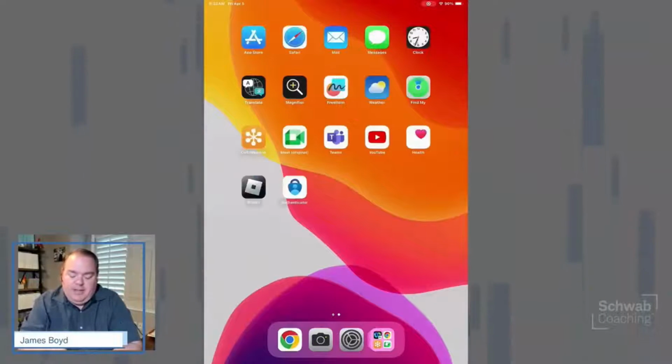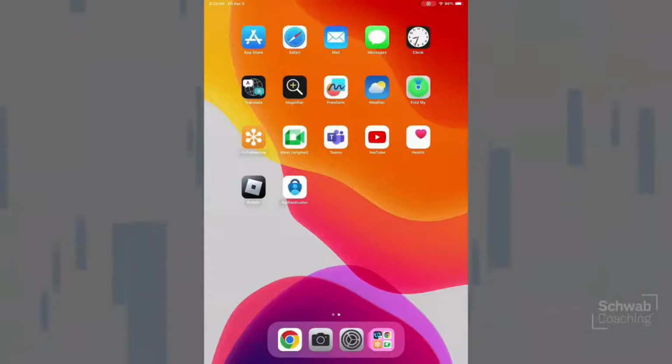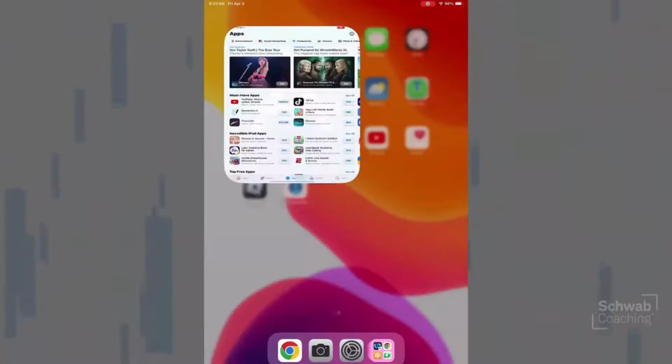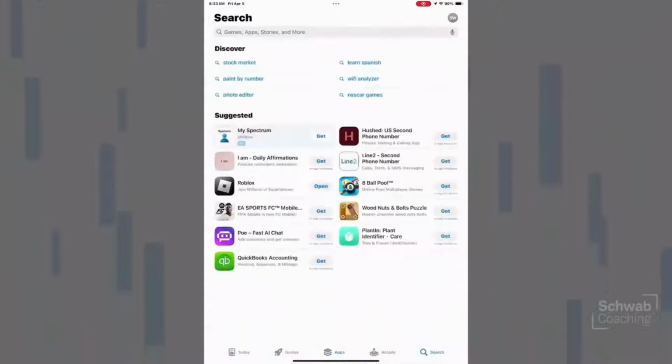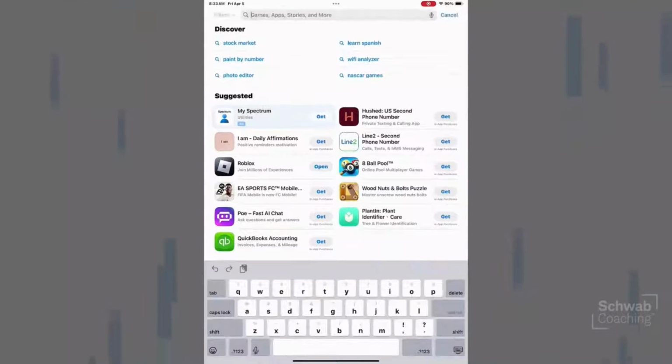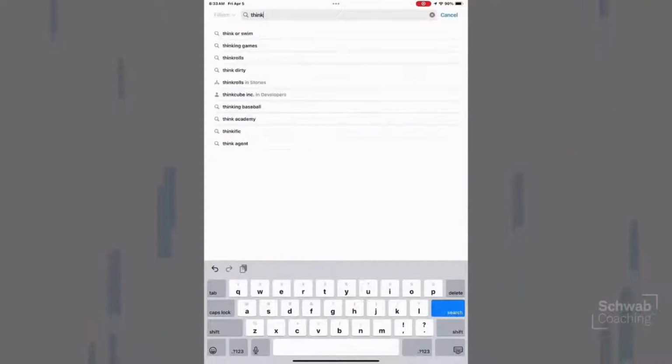And by the way, the App Store, which you can see, is going to be at the top left, and it's just going to say App Store. If I click on that App Store right there, you're now going to see that we get to this page. We're just going to go to the very bottom right and click on search. Now, what we're going to do is when we click on search at the bottom right, we're going to just type in Thinkorswim. Now, we don't have to type the whole thing out. You'll see it comes up automatically at the very top.